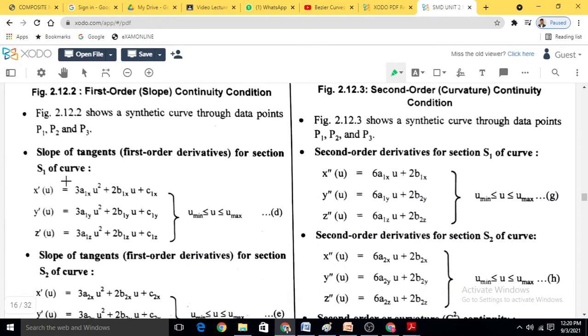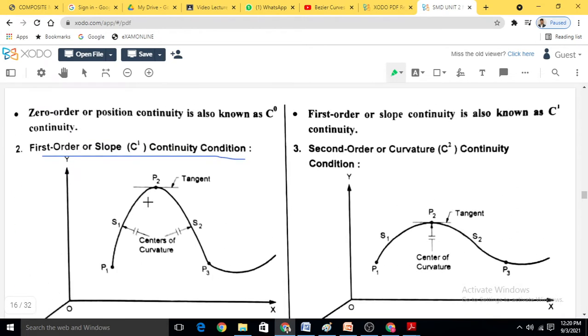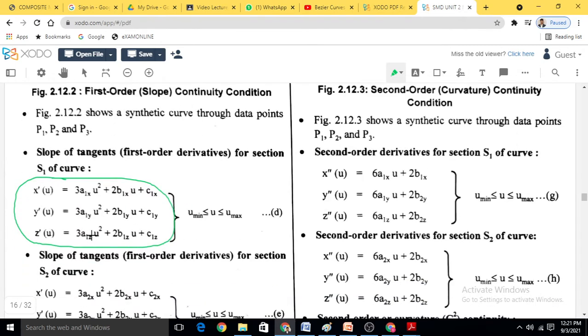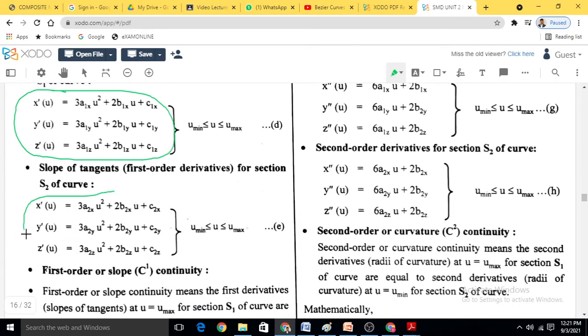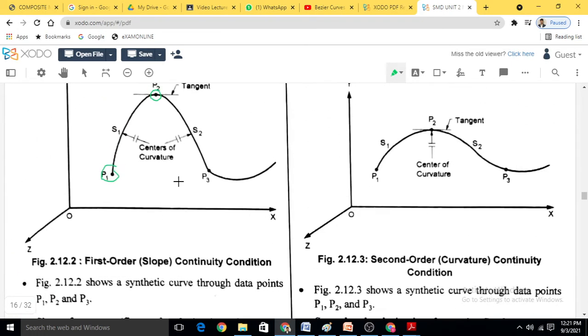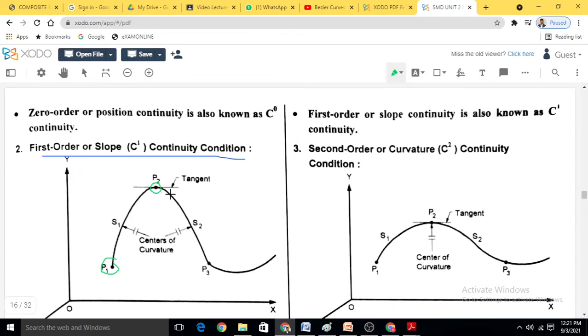See here, if we take the derivative of the polynomial of section 1 of the curve, then we will get this equation, and this will represent the slope of section 1. So see here, this is point P1 and this is point P2, and the curve is passing from P1 to P2. Now we have taken the derivative of section 1, and similarly if we take the derivative of section 2, then at point P2 here,